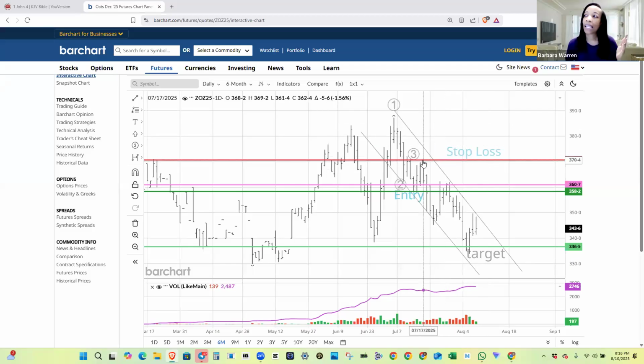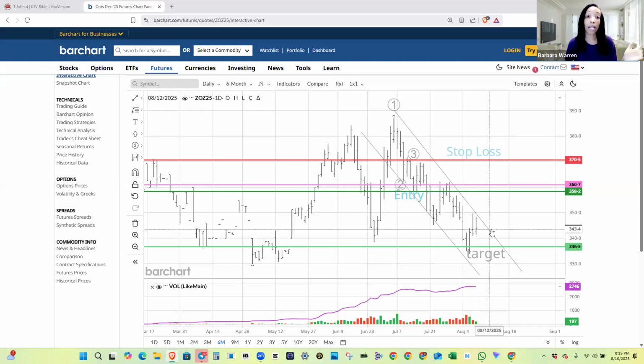So that's your first thing. And it's really just simple math. And we're going to get to risk management, which is the most important part. You're going to see you're just adding and subtracting to figure out your stop loss amount and your target. And you're going to learn about the risk to reward ratio. You never want to risk more than your profit. You always want your profit, what you're willing to gain, to be higher than what you're willing to lose. And so we're going to get into all of that, risk to reward and risk management.